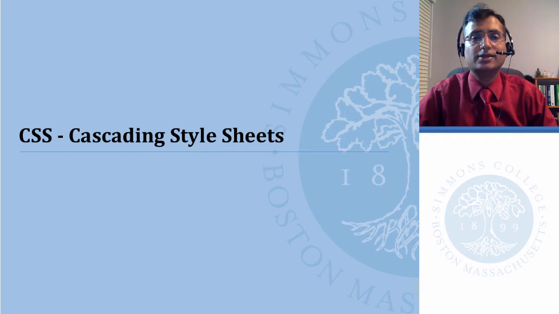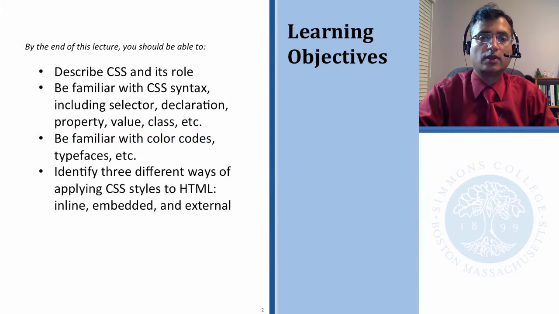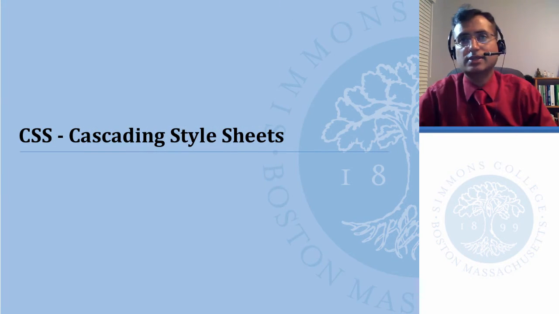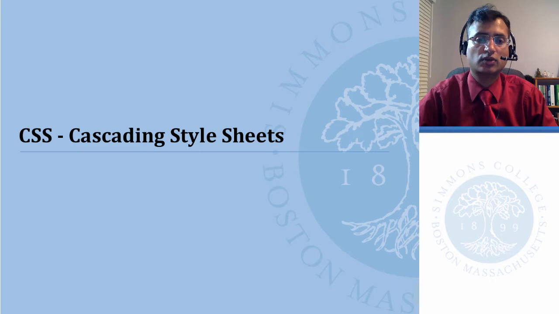Hi, in this session we are looking at cascading style sheets. So now when we talk about cascading style sheets, we're really talking about a way of specifying a style to your HTML pages. Now when you've looked at HTML, you've seen that HTML helps you create the content of web pages. You can use tags, and using those tags you can specify different areas of a web page, and that gives you the grammar and the structure to provide the content to the web pages which are viewable from a